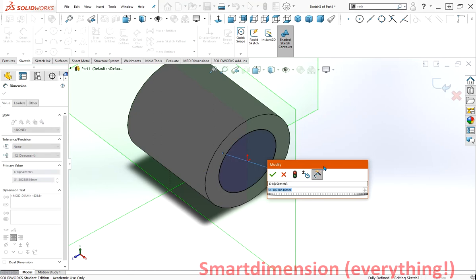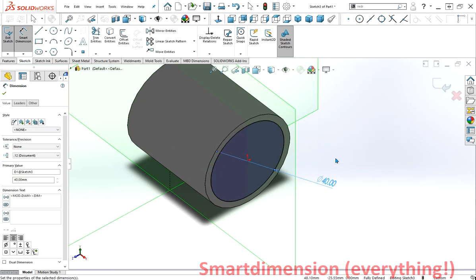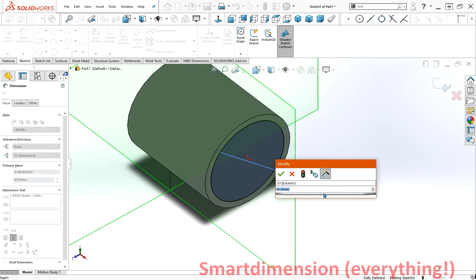Okay, now notice that was what I randomly happened to draw it at, 31.30, and this is where I can set this exactly. So I can type in 40 and press enter, and it'll do it. What I can also do is double click it and use this scroll wheel to set it like that. If you find this jumps in